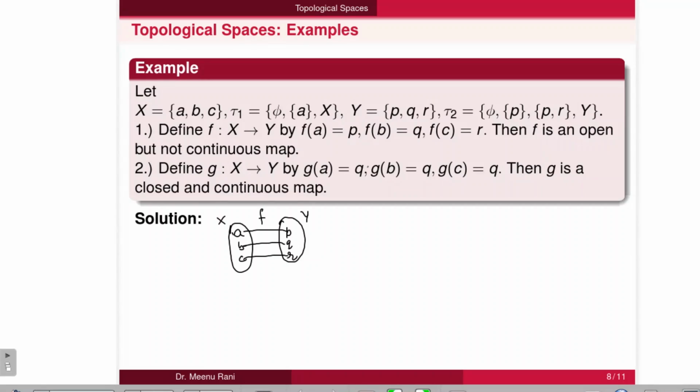Then F is an open but not a continuous map. As we have already checked the continuity of F at the same set X in the first example, and it is not continuous at point C, so it is not continuous at set X.